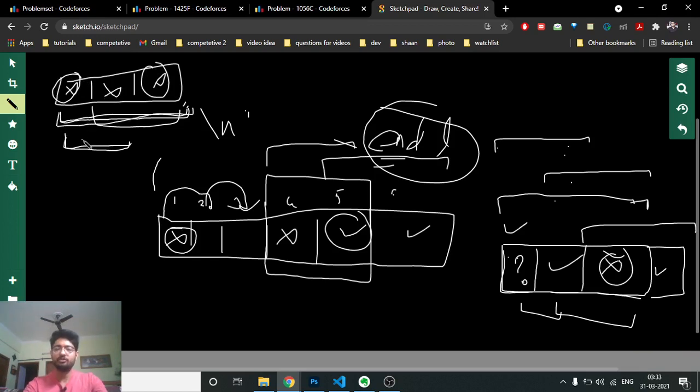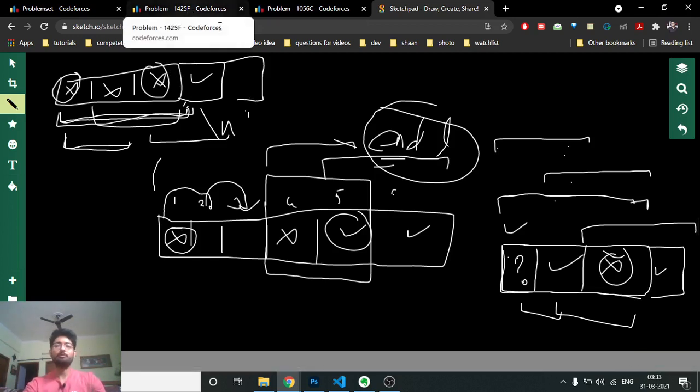So now in 3 queries you can get all of the values of all the 3 elements, and then you can again find out the value of the other elements by just making a segment of size 2. You know the sum of this whole segment, and you know this element, so you can get this element, and then you can continue on. So that's the whole logic for this problem.